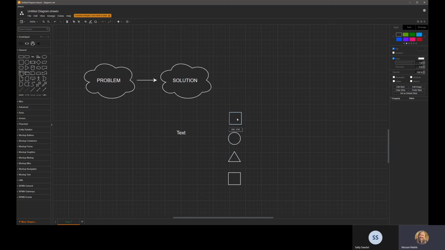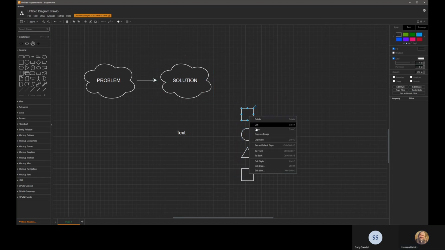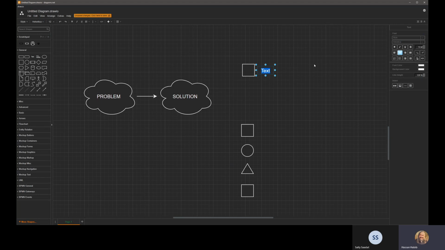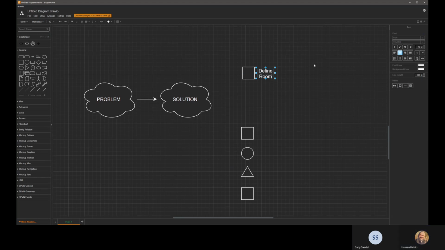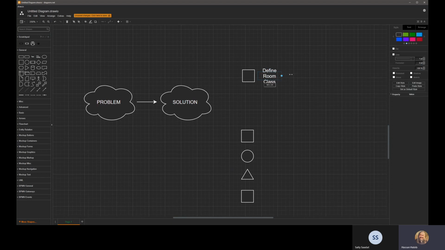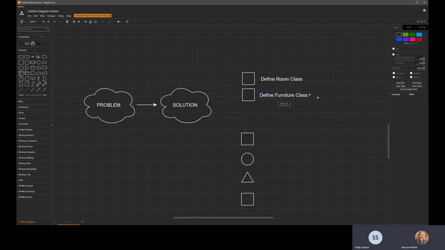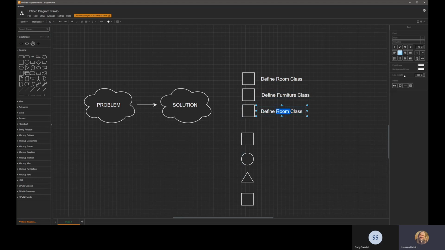So, okay, look how we translated the problem that we had. We went out there and the first thing I said was sequencing: define a class called room. So define room class, like this. Okay, that's sequencing. There's no magic there. And then I went again and said, take this piece and also define a furniture class. That's what I did. And then I went again and said, okay, I have another thing in here that I want to define,